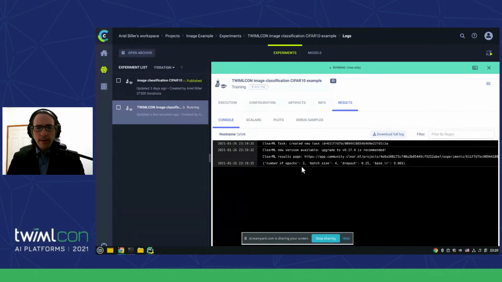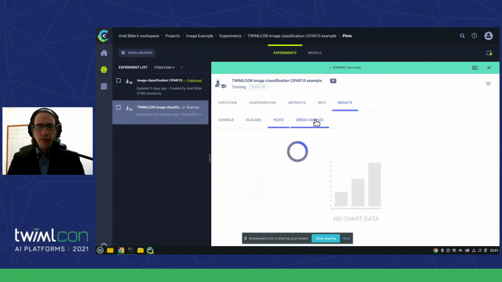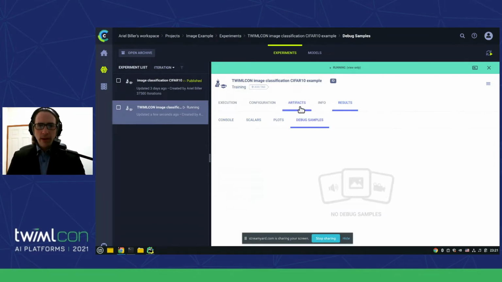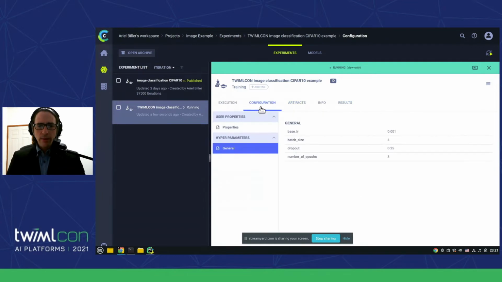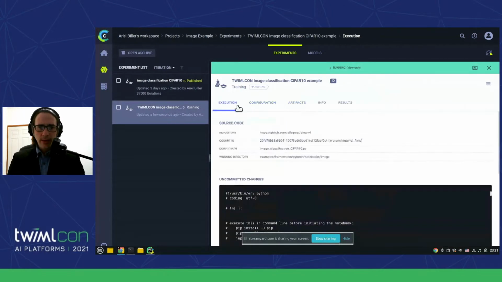And now, why is this important? Right now, all I've shown you is the experiment tracking overlay. Everything here is just like you've seen a second before. But now the execution contains the repository that I ran from, the commit ID. This is the branch, tutorial fixes, because I fixed a bug and I'm going to push it later.